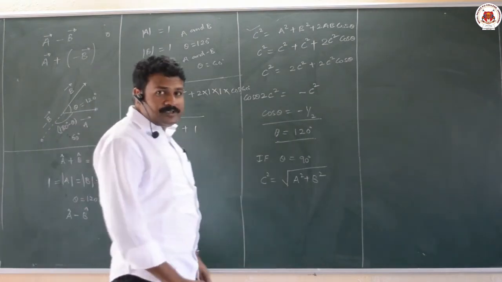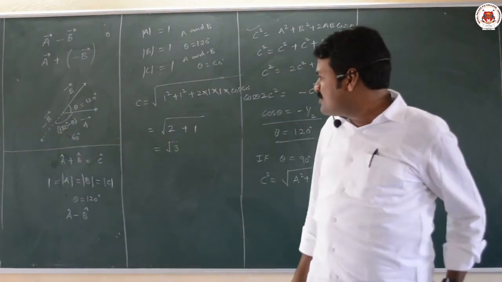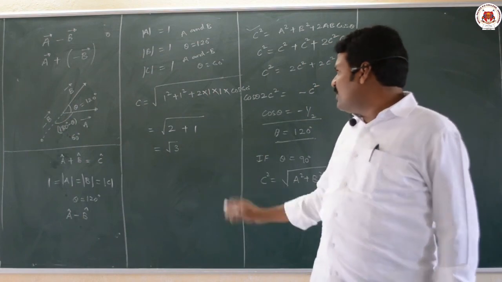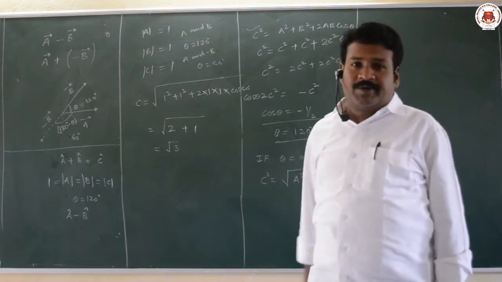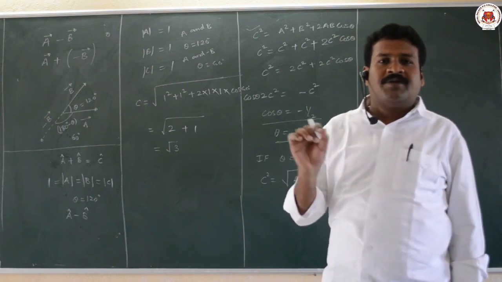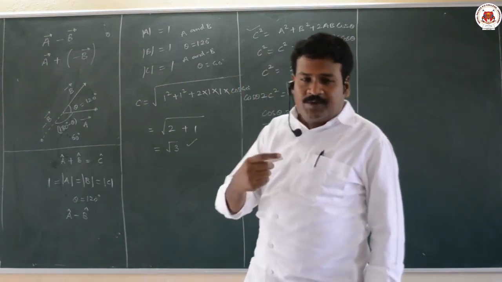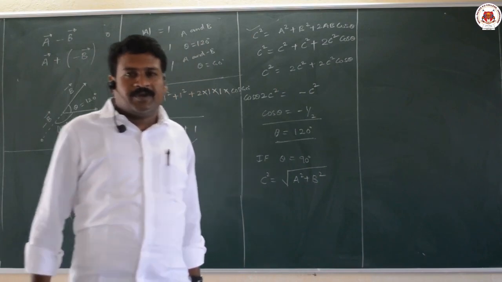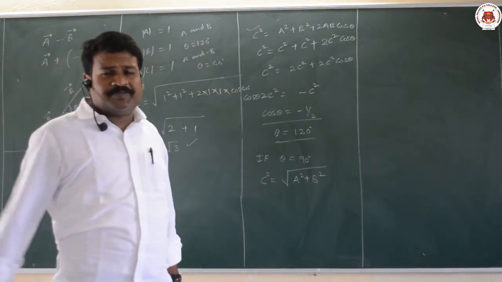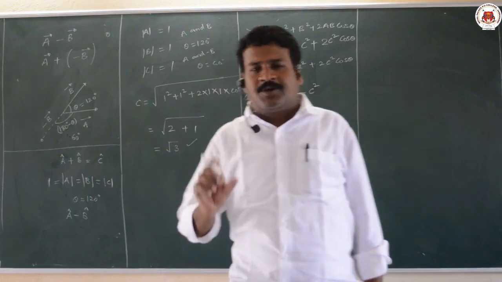This is a famous question which many times appears in competitive exams. The question is very simple, only a single line, but the understanding required is more. The sum of two unit vectors is also a unit vector, then find their difference. Their difference is equal to root 3, because if A is equal to B is equal to C is 1, then theta is equal to 120 degrees. So this is how you have to apply the parallelogram law of vectors.